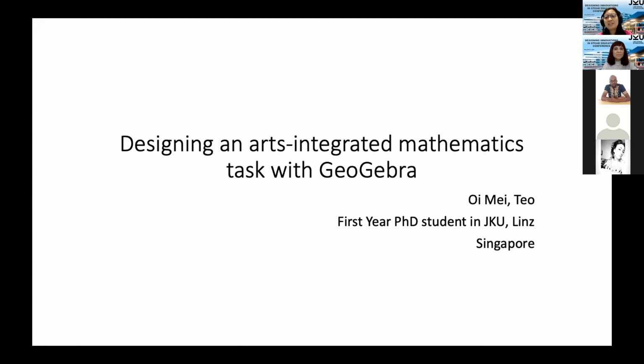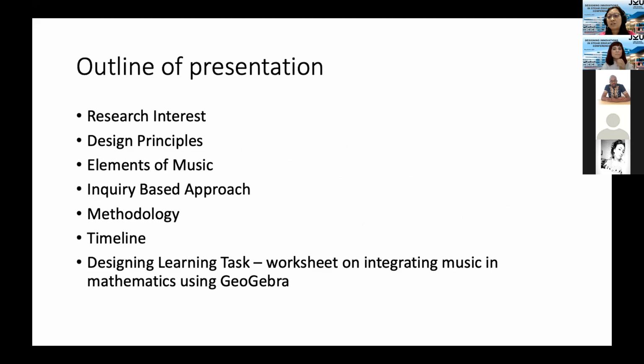They're good in dance, but they are not so motivated. So along the way, we have been trying to introduce mathematics so that they can see that math and art can be integrated, and that they are not learning it as a silo subject. That's what motivated me